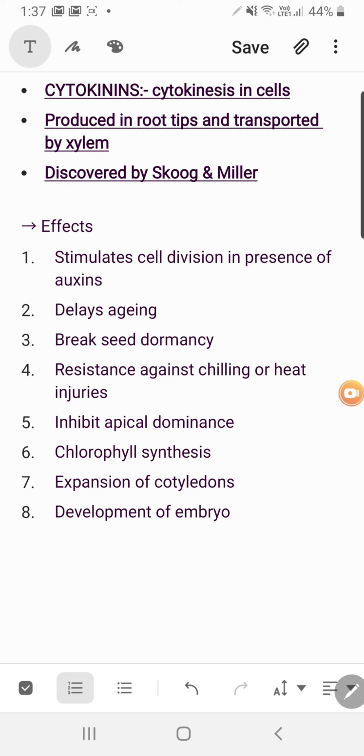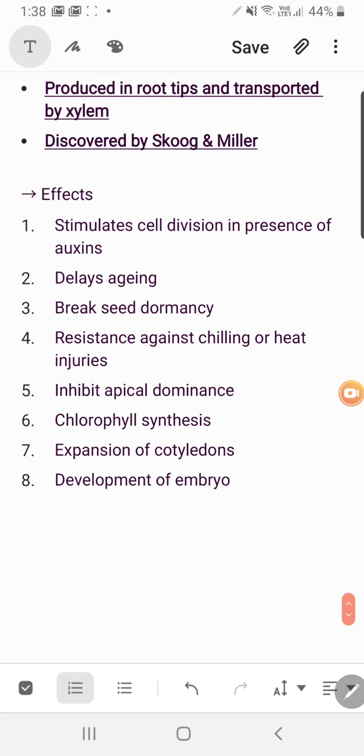But it is not a natural phenomenon, because the one who has taken birth, who has grown, is supposed to die one day. So we always have a team of growth accelerators and growth inhibitors too. But as of now, all three accelerators, auxins, gibberellins and cytokinins, will be delaying the aging and senescence. Breaking the seed dormancy is the common feature for all three.